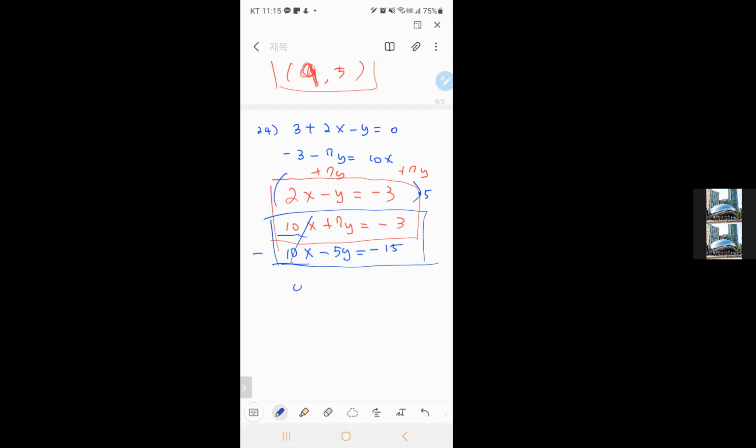So they cancel, so it becomes 0. 7 minus minus 5y is 12y. Minus 3 minus minus 15 is 12. y is 1. All right, with that said, I'm going to plug it into the first equation here. 2x minus 1 is minus 3, 2x is minus 2, x is minus 1. So my final answer,